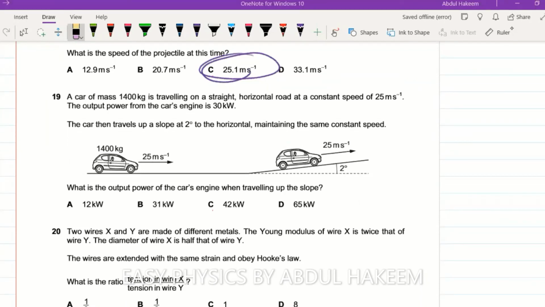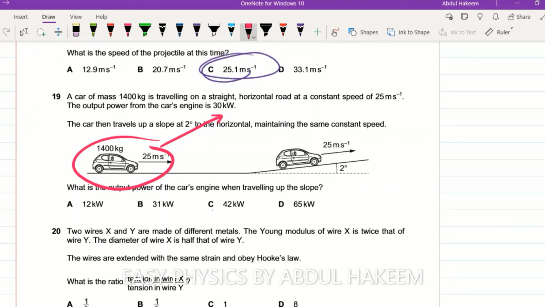Okay, the car of the mass 1400 kilogram traveling the straight horizontal road at the constant speed of 25, the output power at this stage is 30. The car then travels up the slope 2 degrees to the horizontal, maintaining the same constant speed. So due to the slope, extra power is required. So up the slope, the power formula is